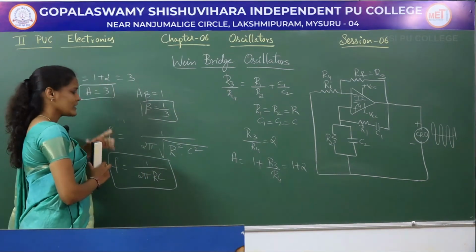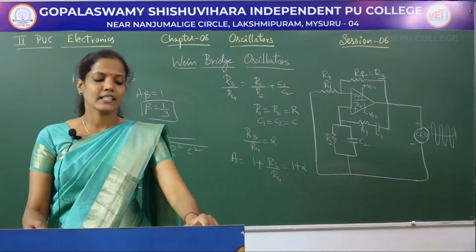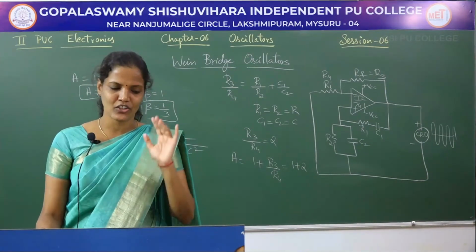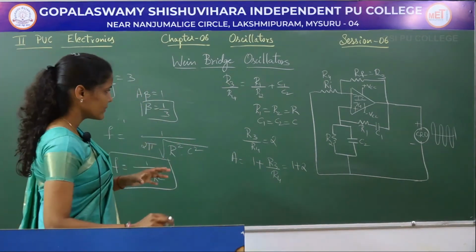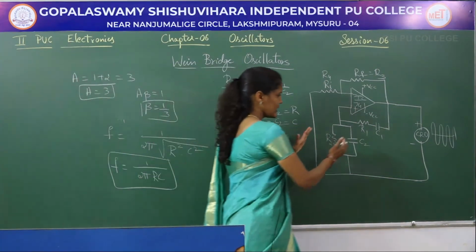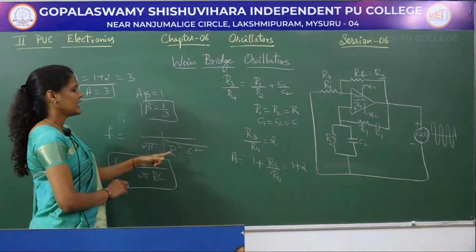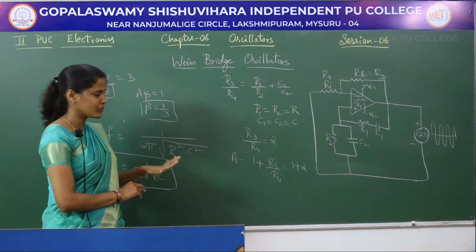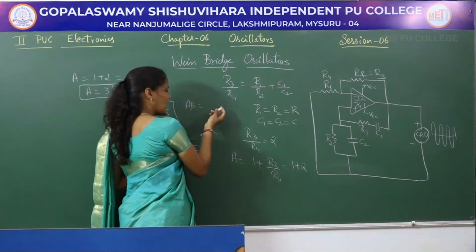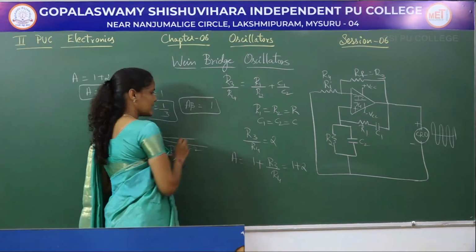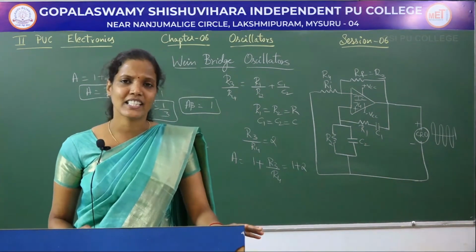So if we are going to satisfy these two criteria, then we will be able to generate the sustained oscillation or the electrical oscillations of the desired frequency. So beta is nothing but the feedback ratio which is got by the lead and the lag circuit, which is equal to 1 by 3, and the gain of the amplifier which is equal to 3, and when we multiply those two, A beta, I will be getting the value equal to unity, which is one of the most important criteria in order to generate the sustained oscillations.